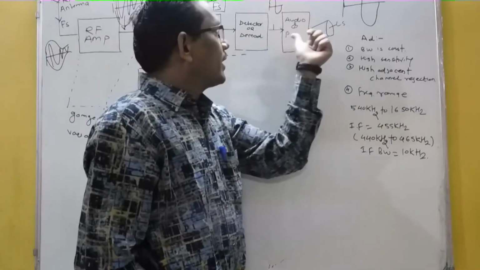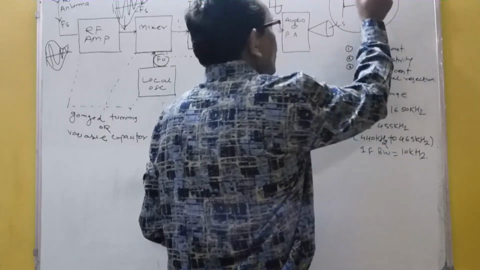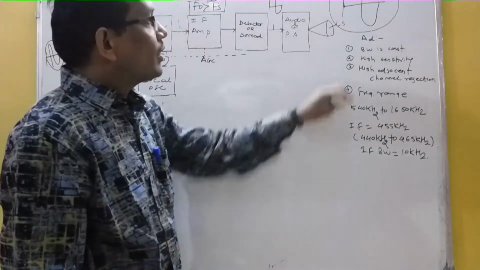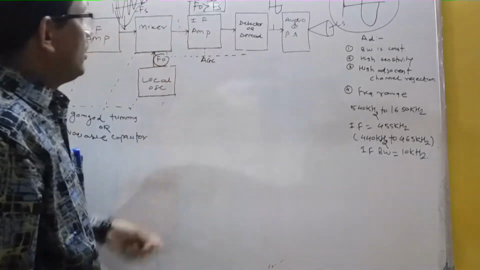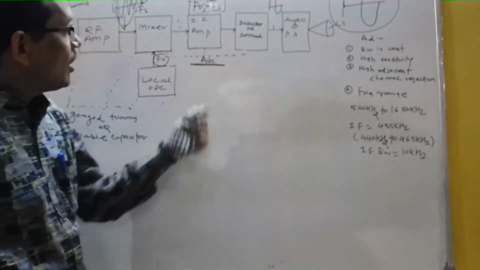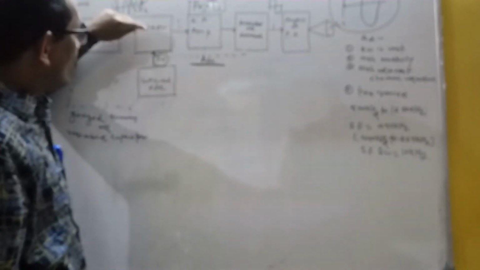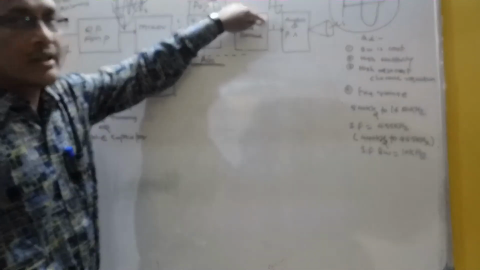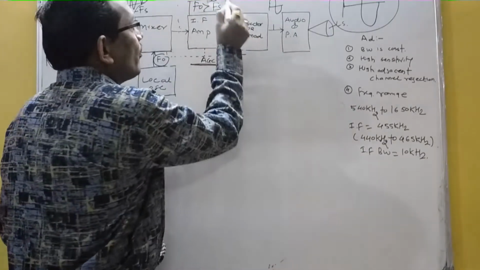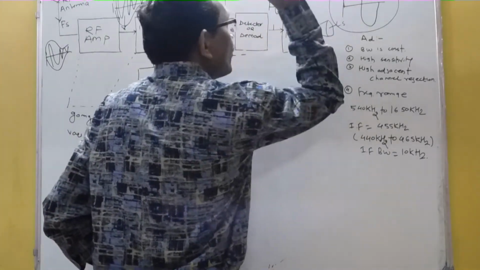So this signal you are going to apply to the input of your audio and power amplifier, so that at the output of this one, it is nothing but a recovery of your original modulating signal as it is, without any loss of information. So this is nothing but the typical block diagram of the super heterodyne receiver. Then this is called AGC, means automatic gain control. So this automatic gain control will maintain the same gain of mixer, IF amplifier and detector circuit at the same level, so that it can produce a constant intermediate frequency of the value 440 kHz to 465 kHz, so that you can recover perfectly your original x of t.